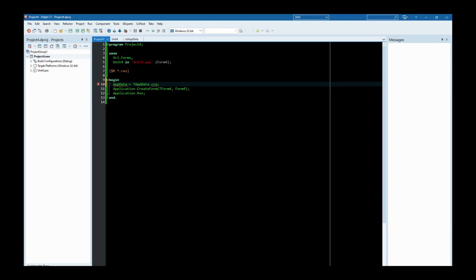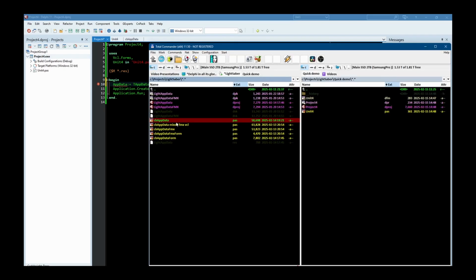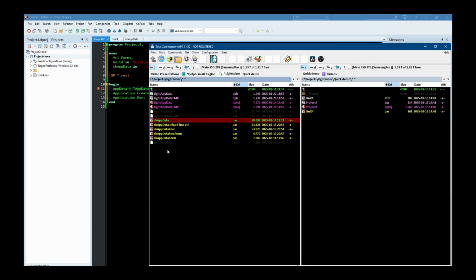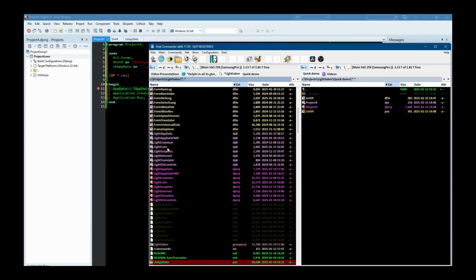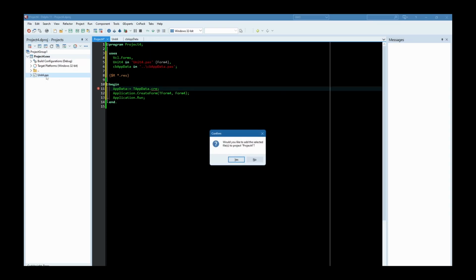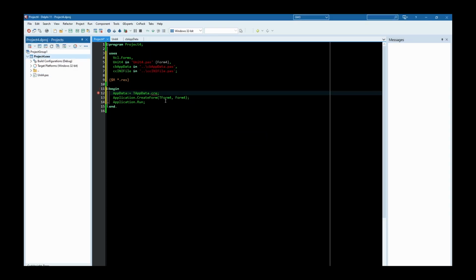Of course, we need to add the unit, and we need another unit. It's the ini file. Sorry, ini file. We need it, of course, because we save the GUI settings. We save them to an ini file.